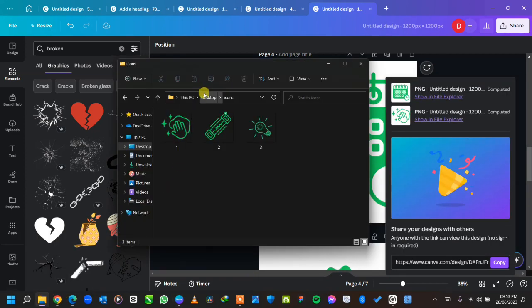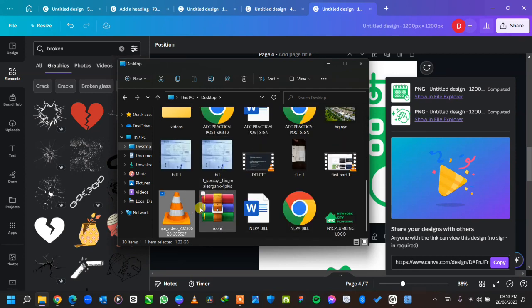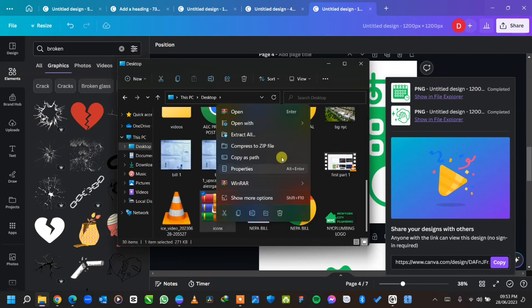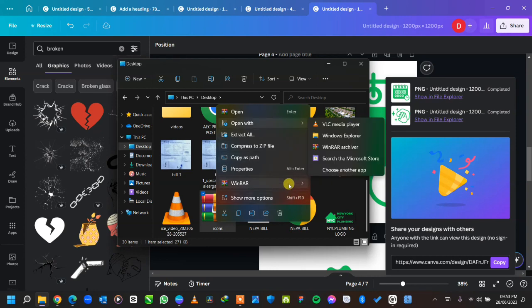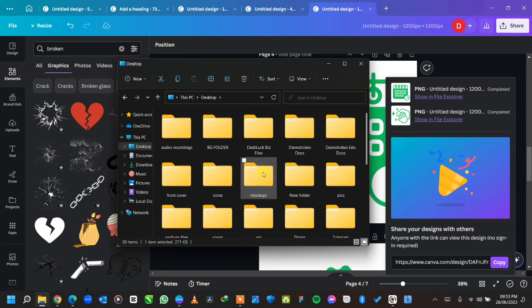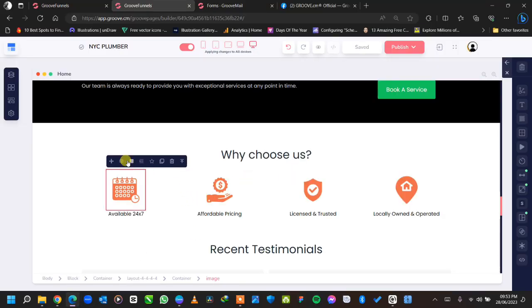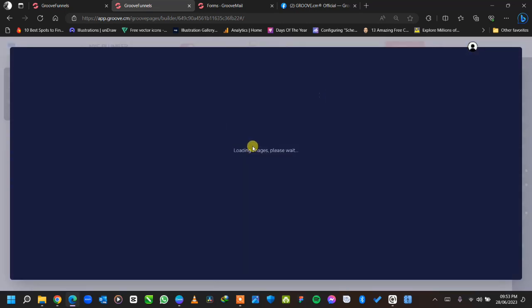I'll come to here, icons, and export, extract to icons. And so when you come to the icons folder again, it has more icons in it, which are the last 4. And I'll come here and just come to settings and choose